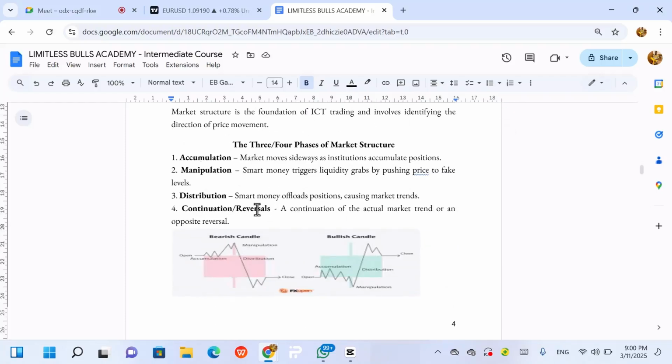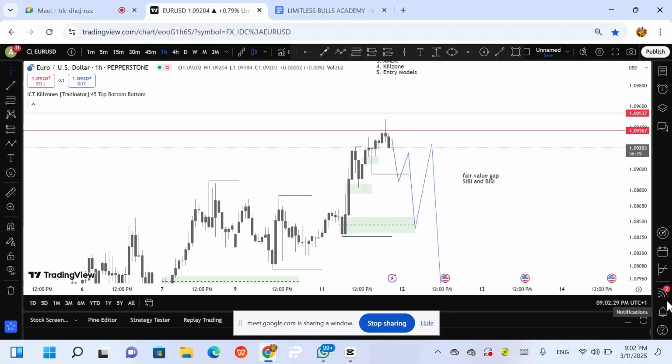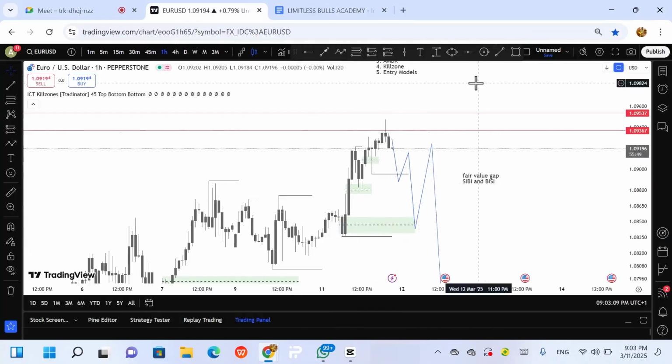So let me go ahead and initiate the next call. So see what I was saying now. Market has reacted to a good liquidity zone. So what do we get? We get this reaction. Market is going for the next liquidity, and this is the next liquidity. So maybe after this, you might have a little retracement down to maybe this other block, then continue structure. I'll just finish market structure. So the next one is what?